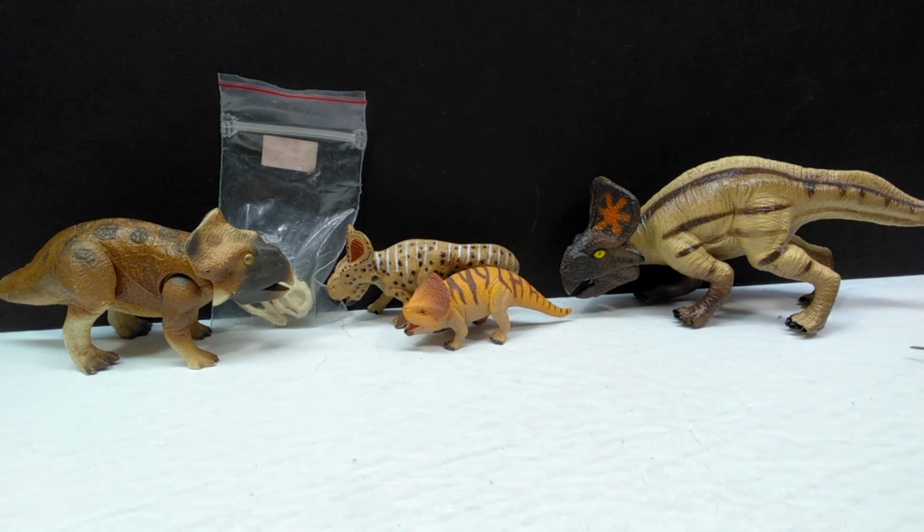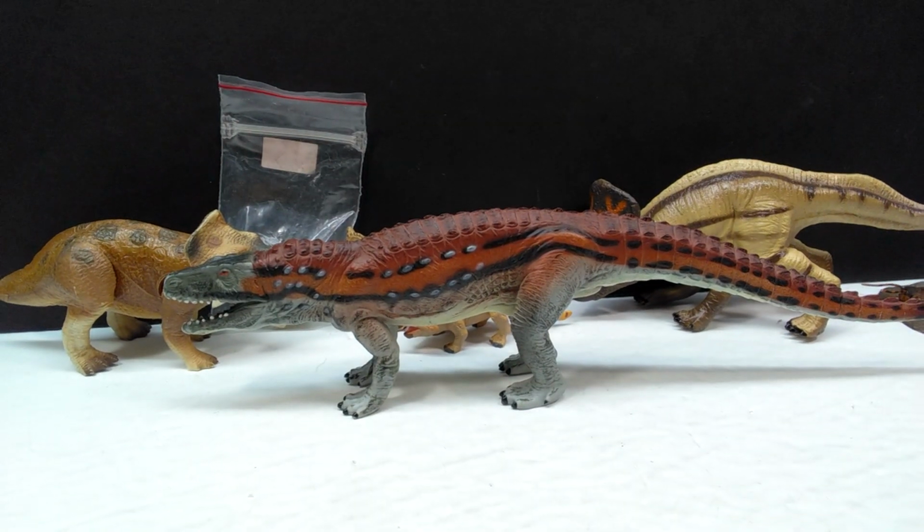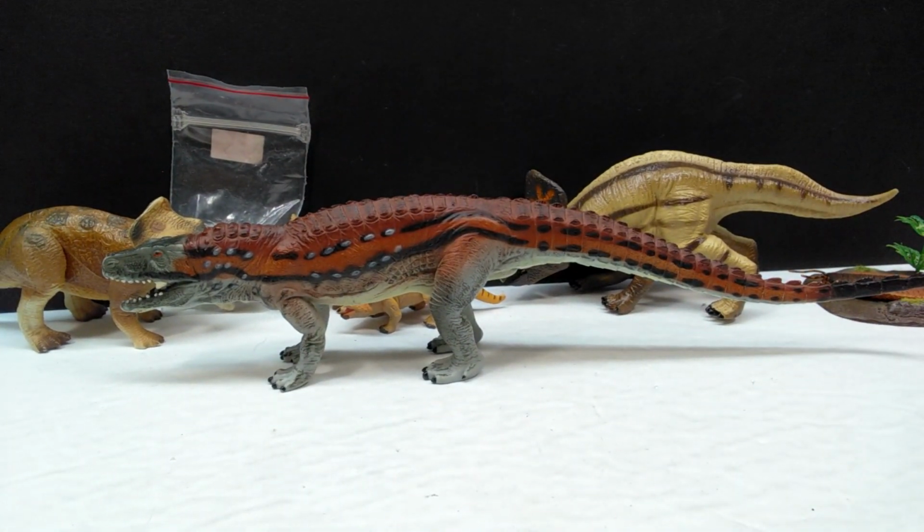And then once we get that out of the way here, definitely going to have to review that at some point soon. But now we are going to bring in the two figures that, again, were my holy grails that I've wanted for so long, and officially acquiring them right now is something that I am beyond happy about. And the very first one is this. If you are familiar with the line, you'll know that this is the Toyway Walking with Dinosaurs Postosuchus,